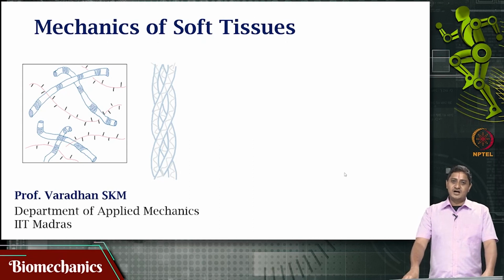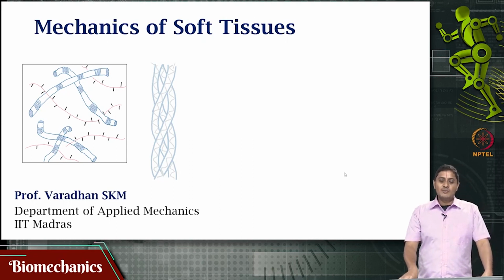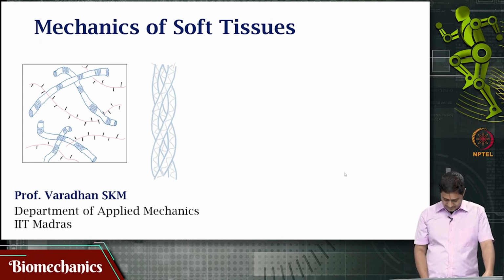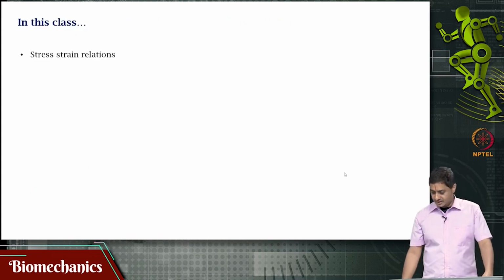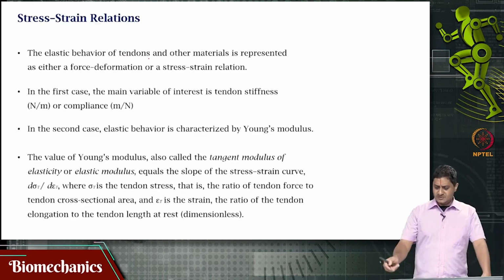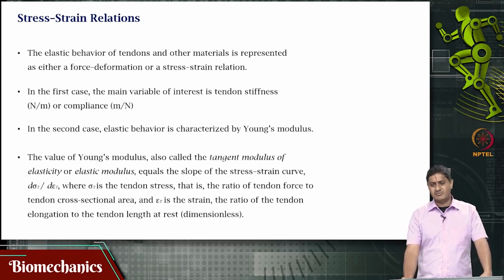Welcome to this video on biomechanics. We have been looking at biomechanics of soft tissues. In the past two videos, we looked at examples of cartilage, ligaments, and we started our discussion on tendons. In this video, we will be looking at stress-strain relations in tendons. So, as we discussed previously, stress-strain relations of biological materials, as with engineering materials, is represented either as a